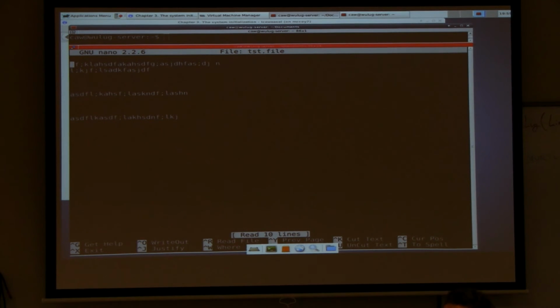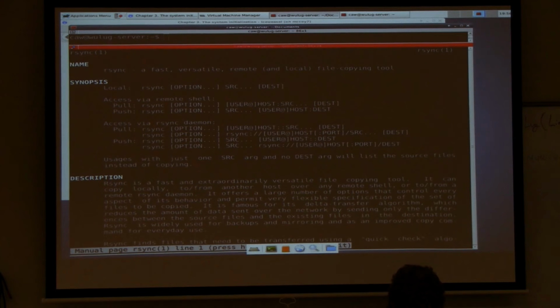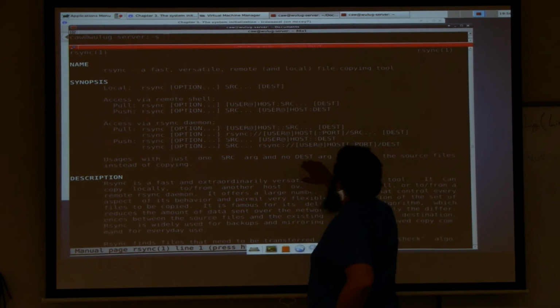And it has a ton of options. Let's just look at the man page, for example. It's a read. So it follows the basic format, rsync, source, destination. So that's deceivingly simple. You see in some of the more advanced ones over here,